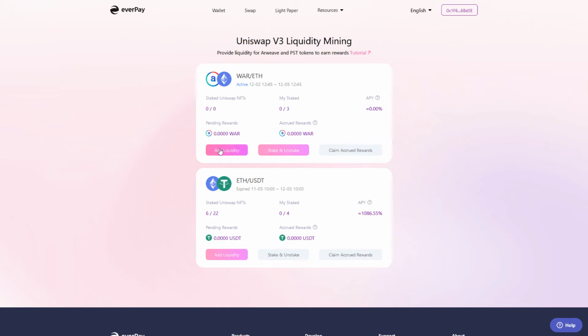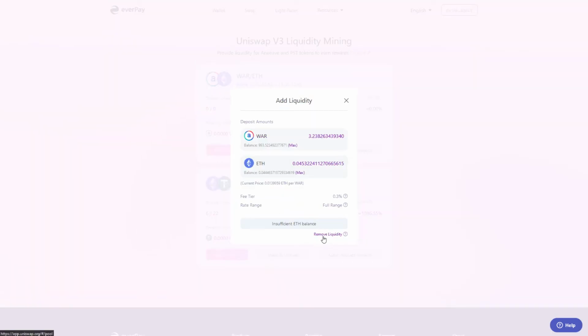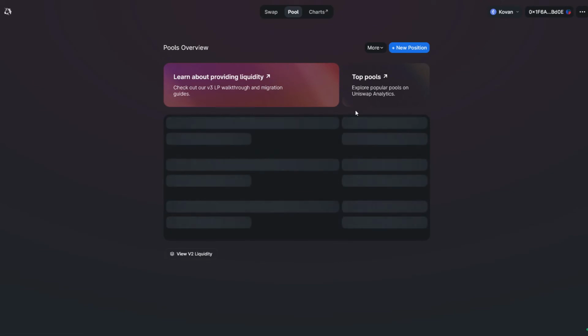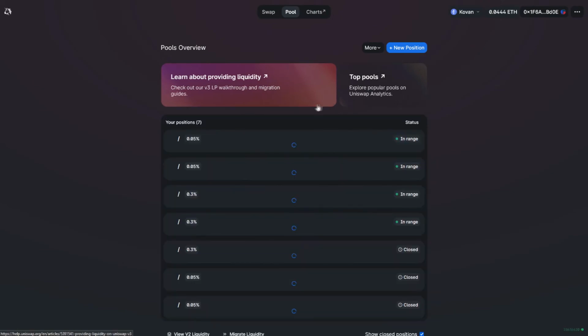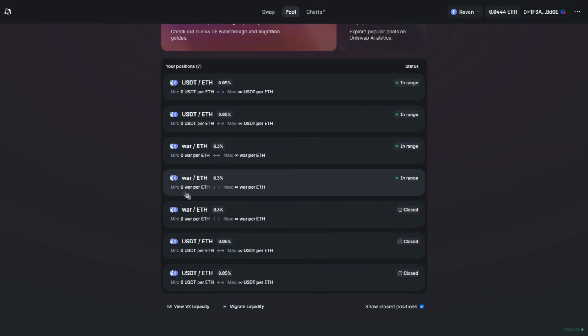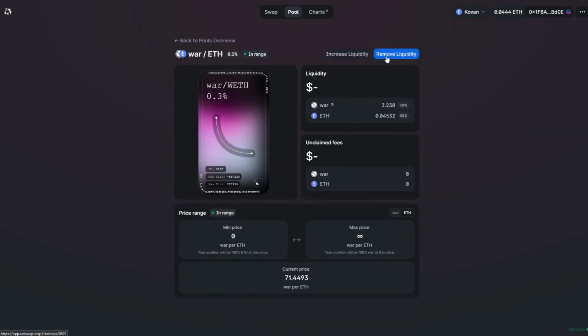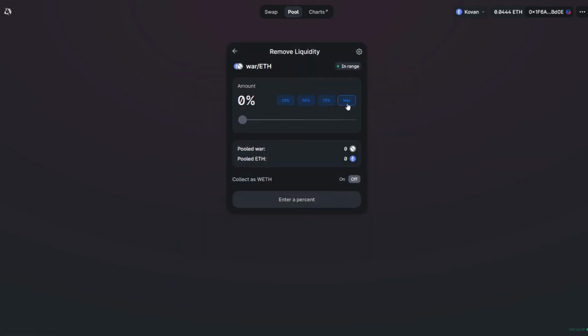But now, in order to remove your liquidity, you will simply click on add liquidity. On the bottom right, you have remove liquidity. You'll click on remove liquidity, and it'll bring you to the uniswap.org page, and here you'll have a whole bunch of liquidities that I had previously added as liquidity. Simply click on one, click on remove liquidity on the top right, click on max,